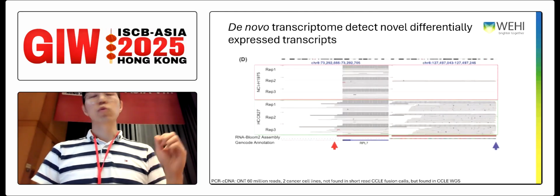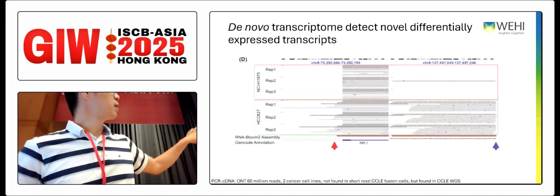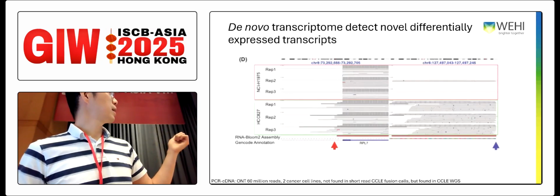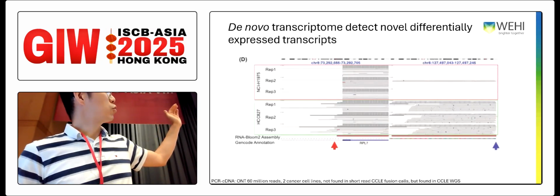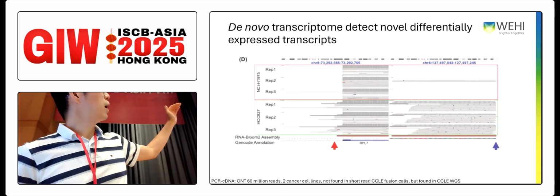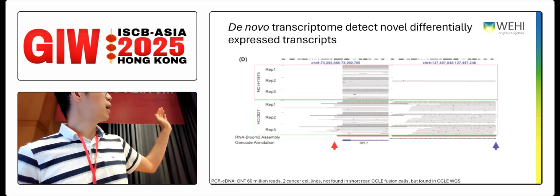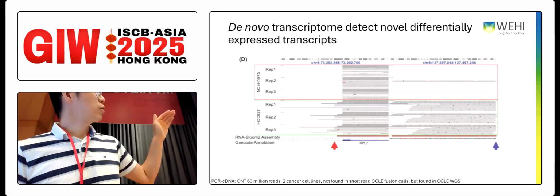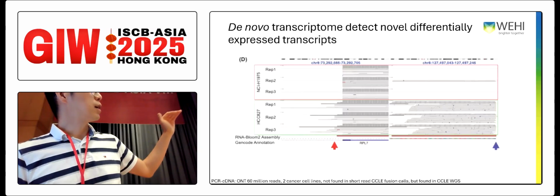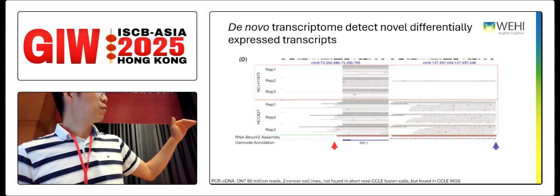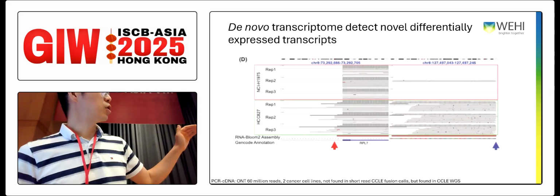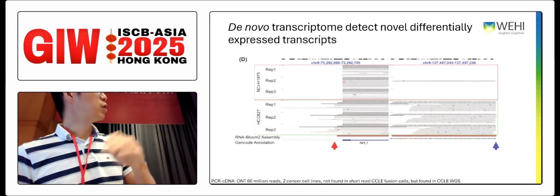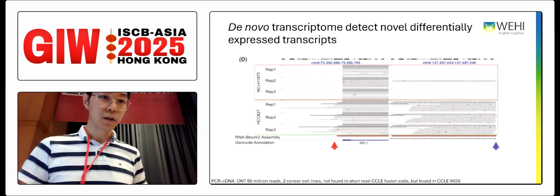Since we have the data from two different cancer cell lines for the PCR-cDNA data, I'm just showing you an example that we find from this data set. So you can see this is an IGV track from chromosome 8. On the top is H1975, a lung cancer cell line, and on the bottom is another lung cancer cell line with different mutations. However, you can see that these two cell lines differ by this